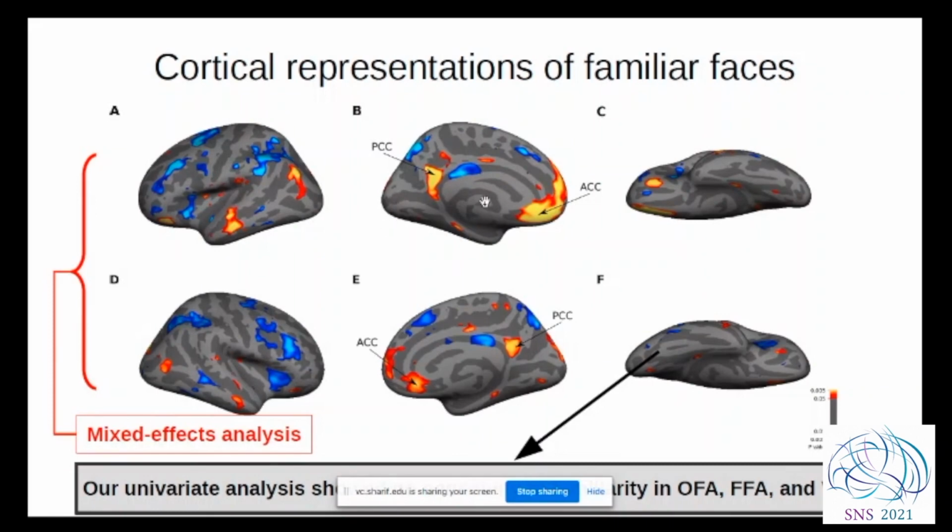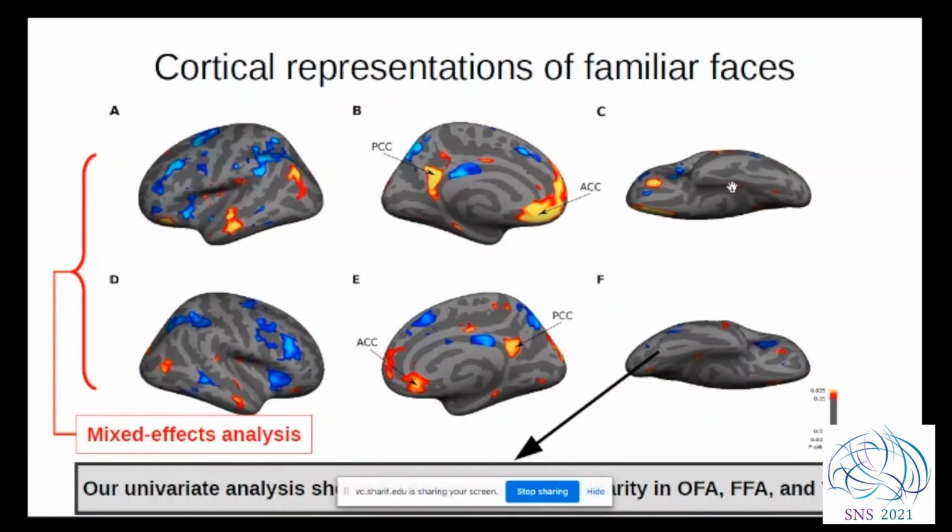The activations were slightly stronger in left hemisphere. So the upper row corresponds to left hemisphere, the lower row corresponds to right hemisphere. And another important result here was that we didn't see any activations in ventral temporal cortex, even though people think